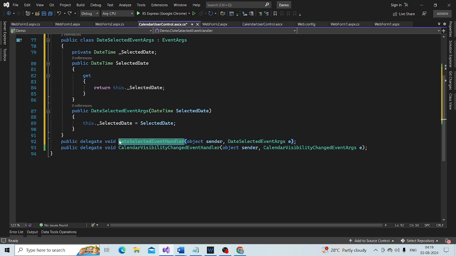And this sender parameter specifies which instance of this calendar user control is raising the event.